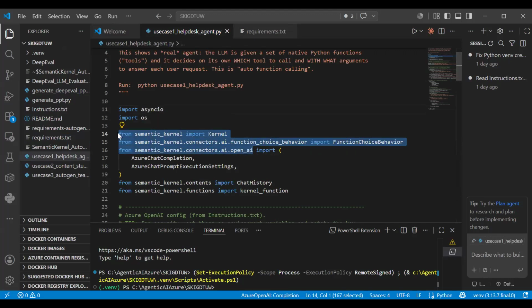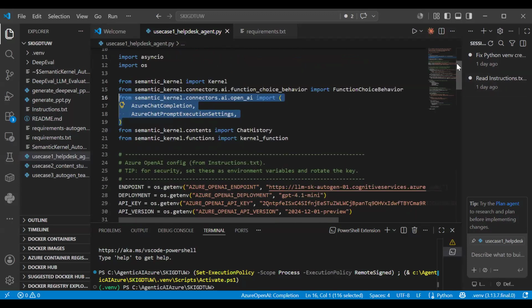If you see, coming from semantic kernel, what all do I need? One function calling is required, the one we call auto function calling. We need connectors. Why do we need connectors? If I hover over it, it's again a module, because we need access to the LLM. That is why we need this one, chat completion, everything, because we are using these Azure OpenAI LLM keys. So that is why you see this module here. Okay, now I think this is clear for you.